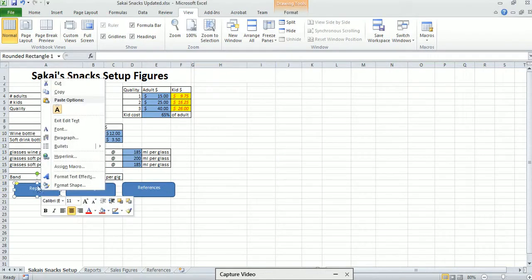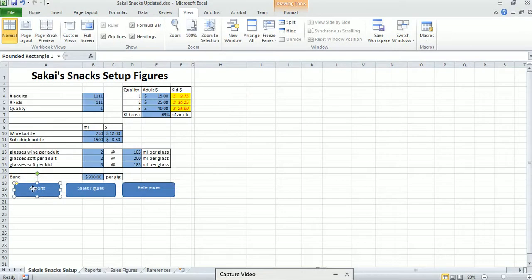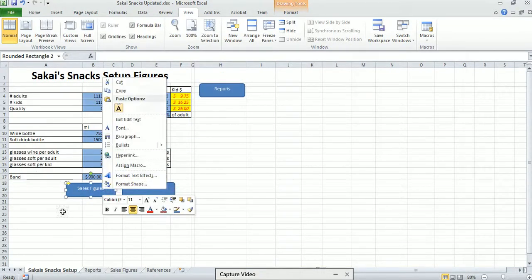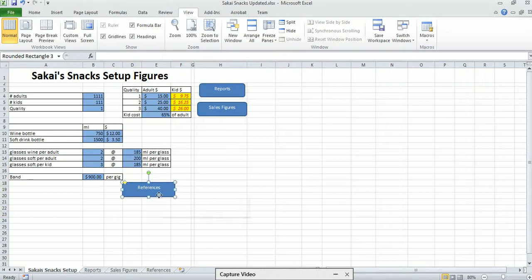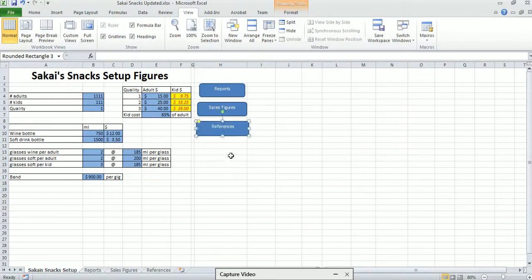So what I'm going to do is I'm going to click on reports with the right mouse button and then drag it across. Click on sales figures, click away, and then with the right mouse button drag it across. I'm going to do the same with references, so right mouse button and drag it across. Now these all work for this particular area, but I want to have a similar menu for the reports area,